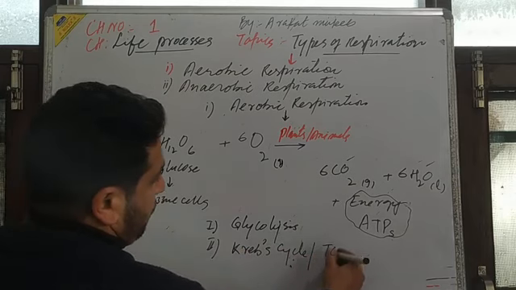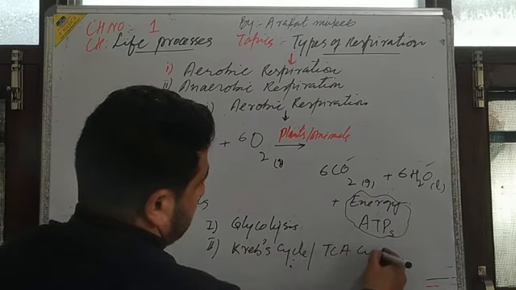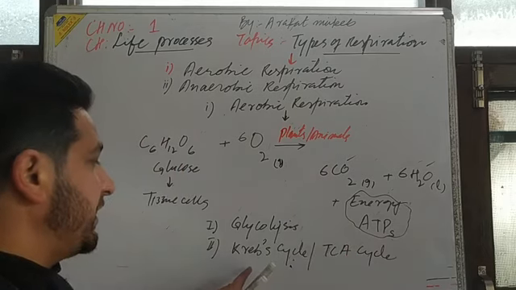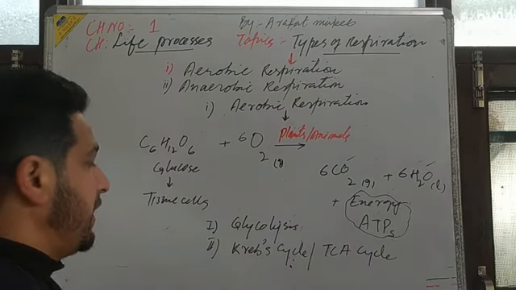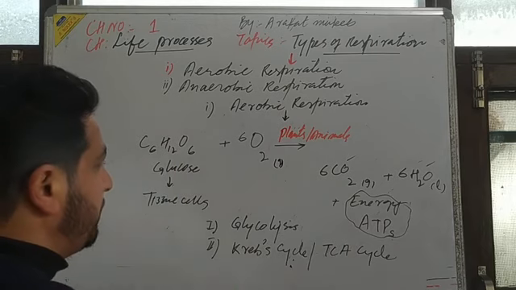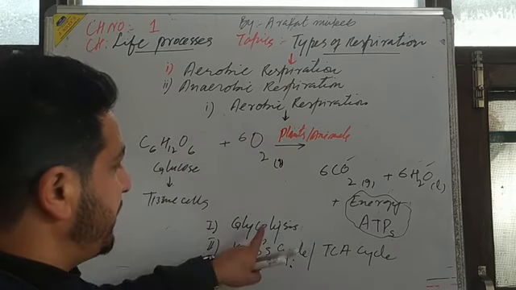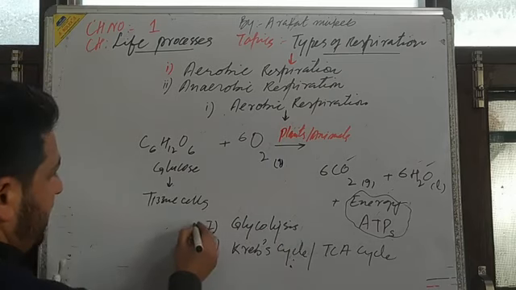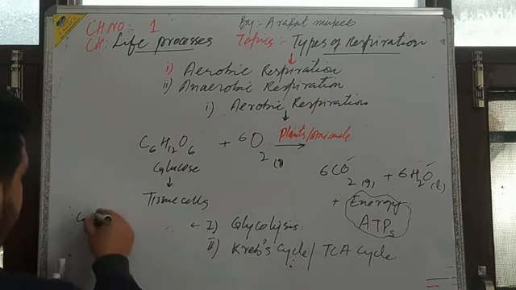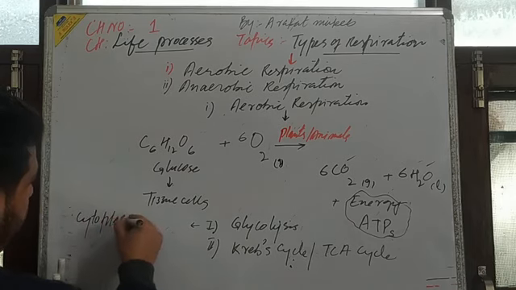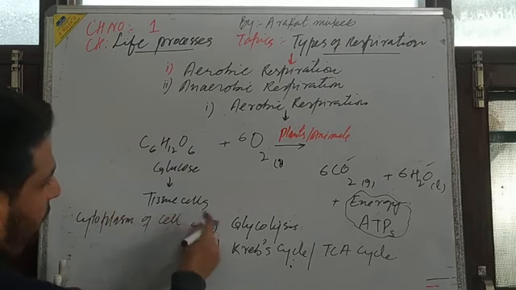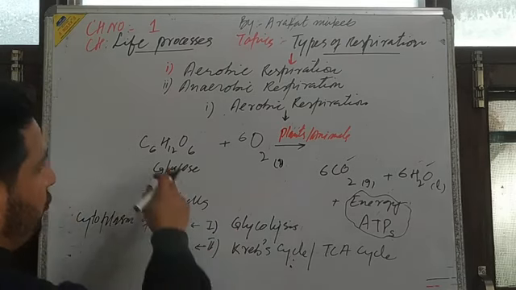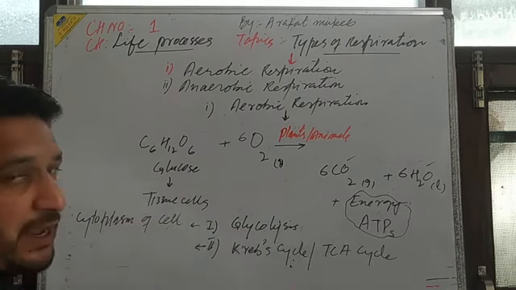It is also known as the TCA cycle, that is the tricarboxylic acid cycle, and the Krebs cycle. Both of these steps take place in the aerobic type of respiration. One is glycolysis, which takes place in the cytoplasm of the cell. ये cytoplasm of cell में होते हैं, जिसमें जो ग्लूकोज है ब्रेक डाउन होता है into the